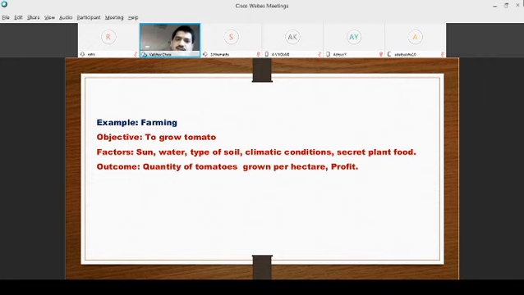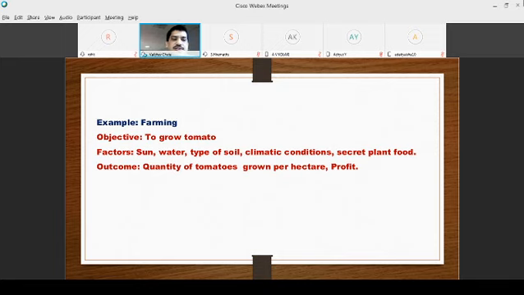Climatology corresponds to the study of factors which are connected with weather conditions. Now there is a difference between climate and weather. Climate corresponds to the full globe, weather corresponds to local or regional effects. Then, plant food: sometimes we'll be going for fertilizers or materials which are very rich in NPK, that is nitrogen, phosphorus, potassium, and so on. So we'll be going for that.